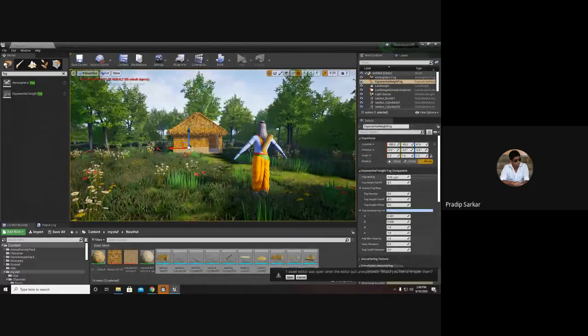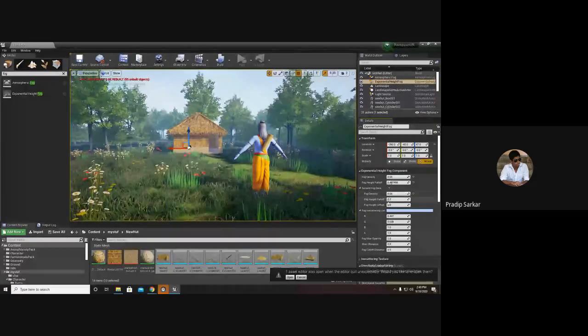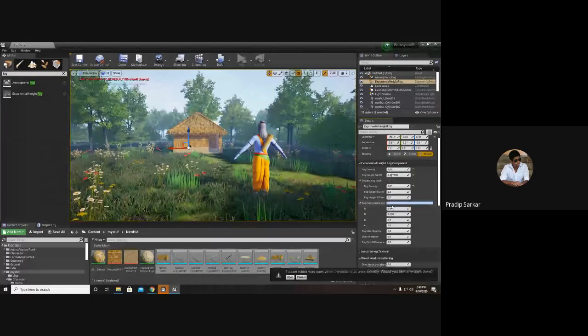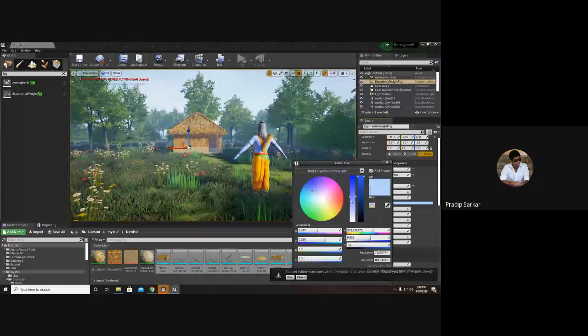Now in here I have fog density, which is how dense the fog is. Next is the color of the fog. I play around with this.